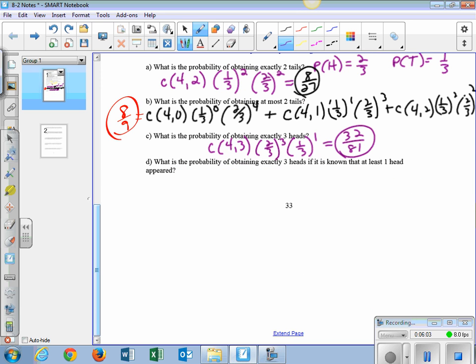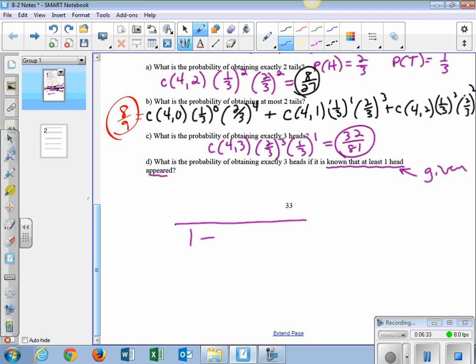Part D. What is the probability of obtaining exactly 3 heads? Oh wow, here we go. If it is known that at least 1 head appears. Okay, that is my given. Given at least 1 head appears. Now, in that denominator, let's do that first. There's a couple ways you can do that. I'm going to do 1 minus no heads appearing. Because if it says at least 1 head is occurring, we can just do the complement of that, of 1